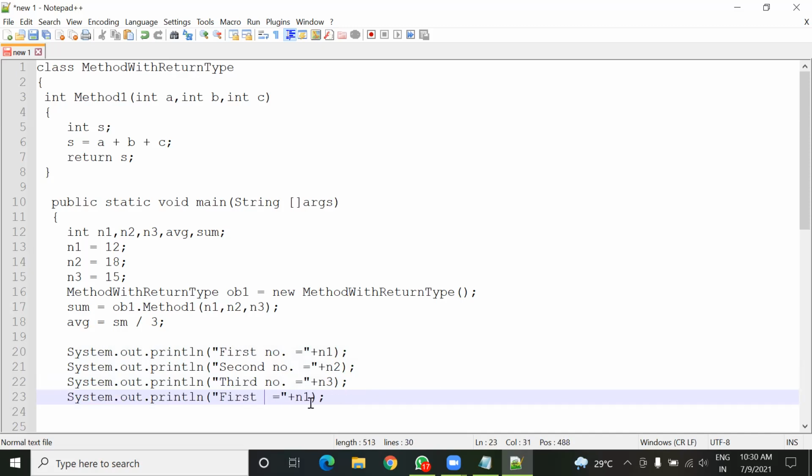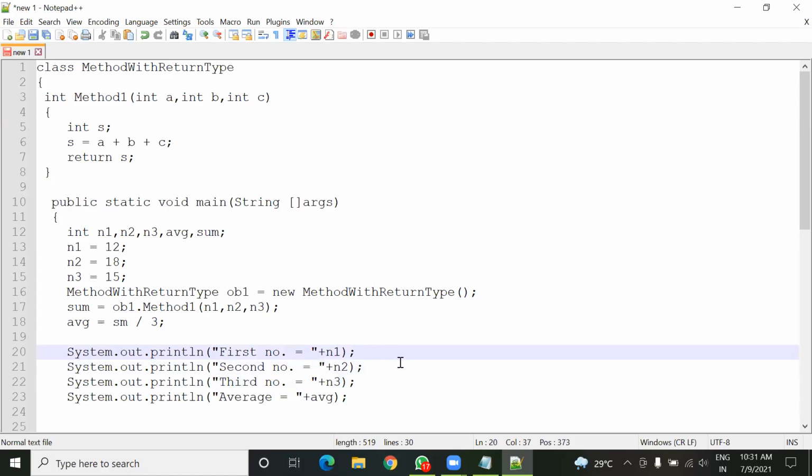So I'm going to change the message, average equals to, and average is stored inside avg variable.